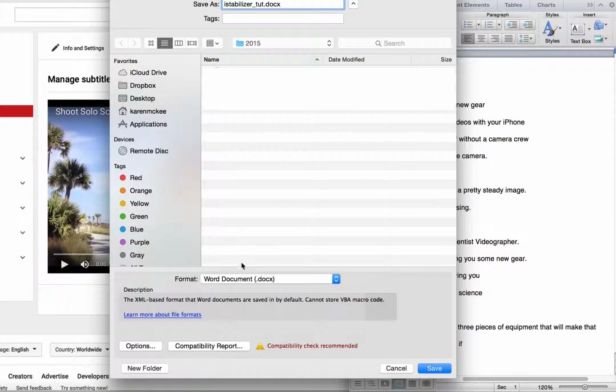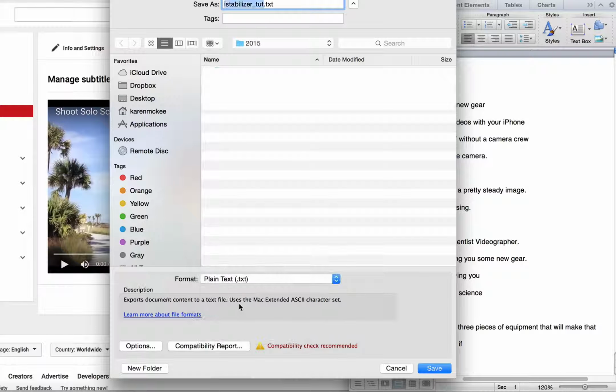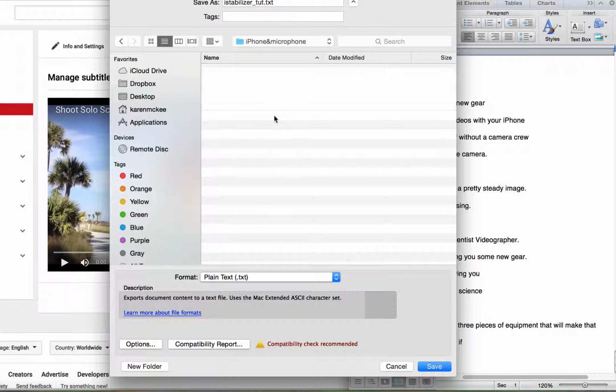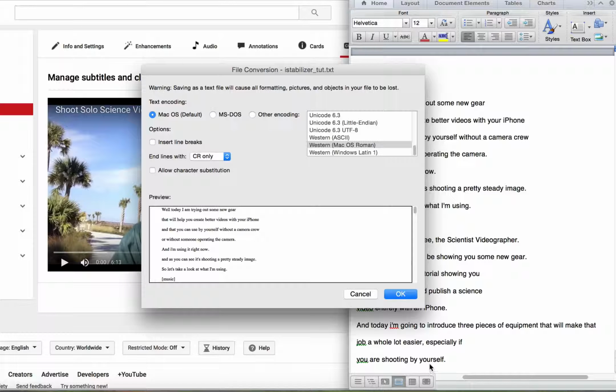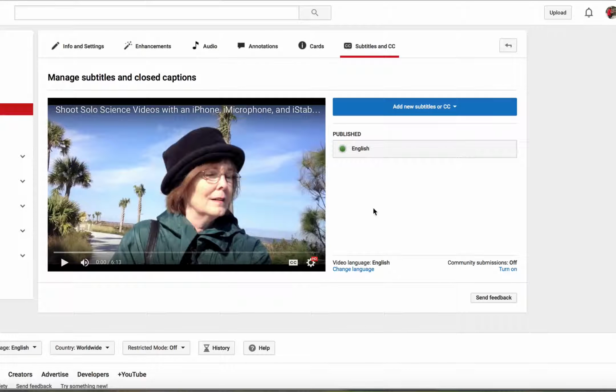So I've named it, and now I'm going to go down and select plain text. And click Save. Okay, now I'll go to YouTube and the Captions Manager page for that video and click on Add New Subtitles